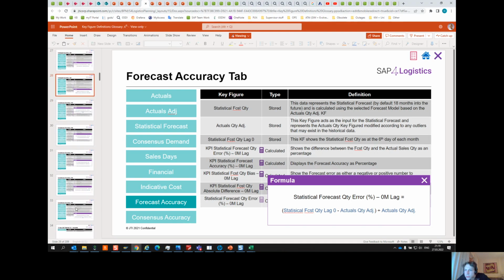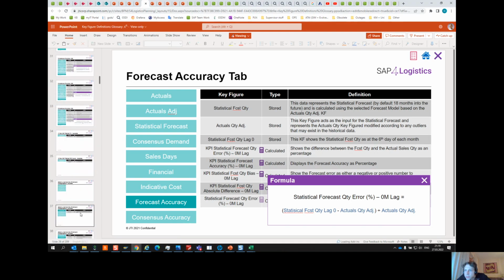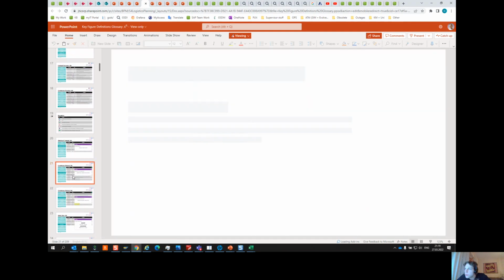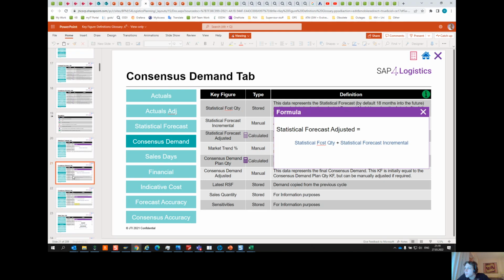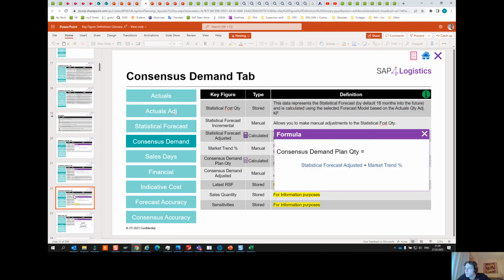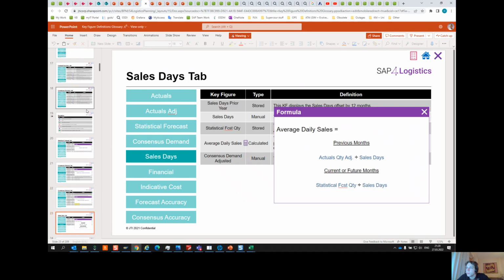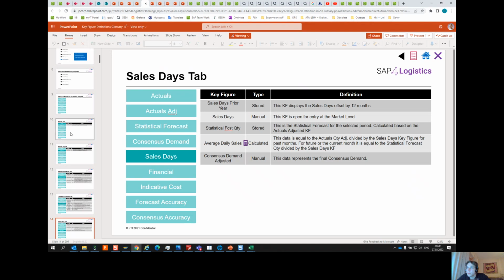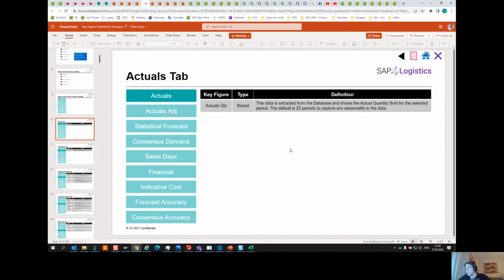Forecast accuracy. Sorry, guys, just curious. My God, how can I close this? Oh, it should be there. Ah, sorry, it was in the beginning. Okay, so